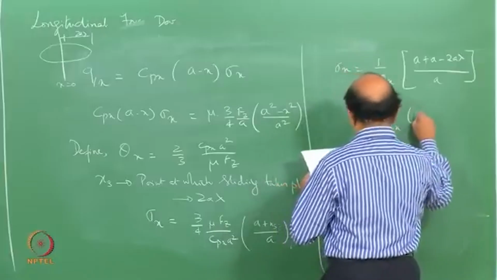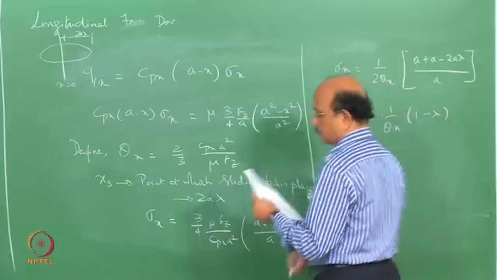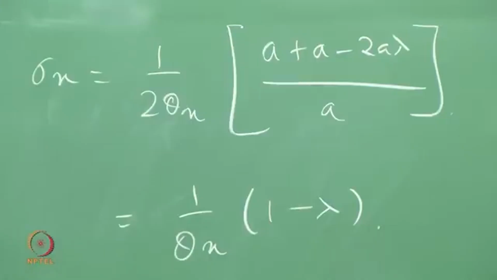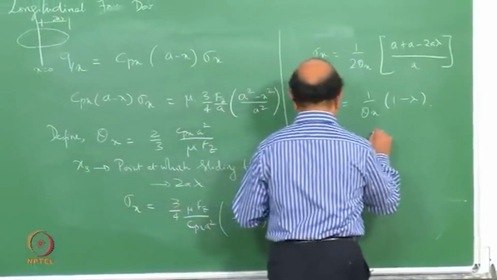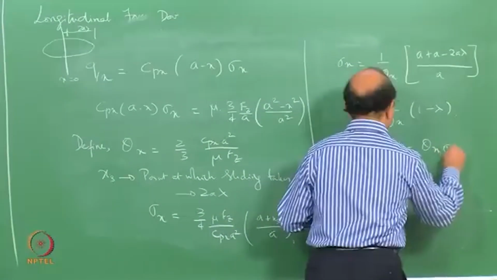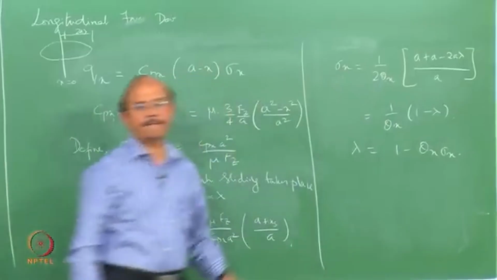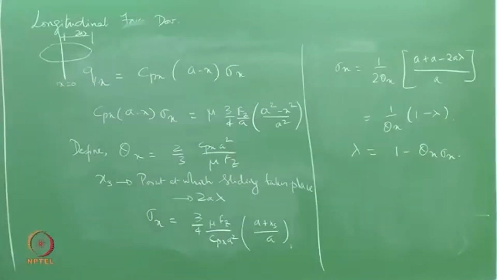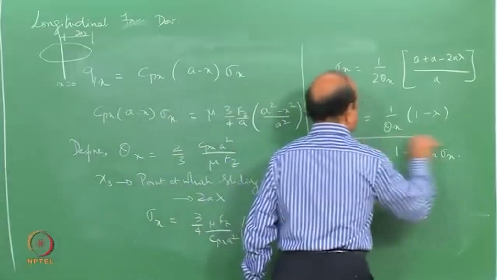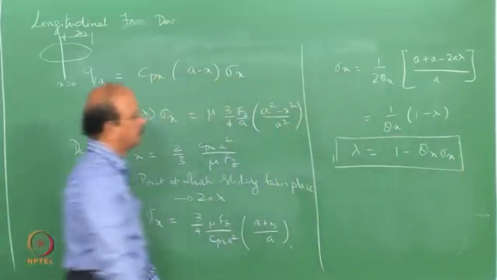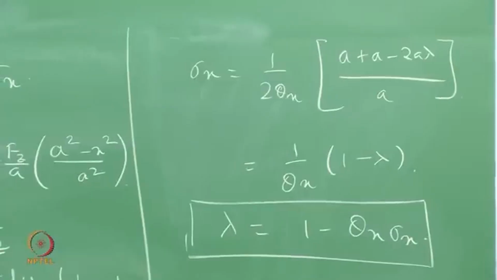And hence lambda, the point at which it starts, is minus theta x sigma x. So lambda is equal to